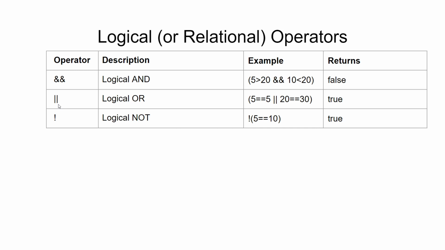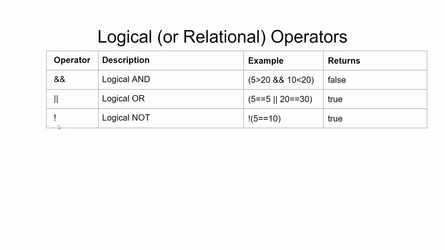So the next operator is the logical OR operator, which is symbolized by the two pipe symbols. This is the pipe symbol, and we have two of those. So here again we have two expressions on either side. On the left you have an expression, on the right you have another expression. The OR operator will look for whether one of the expressions on either side is true or not. Even if one of them is true, then it will result in a true. Only if both of them are false, it will result in a false. Again, if this is a little confusing, we'll look at examples and you'll see what it means.